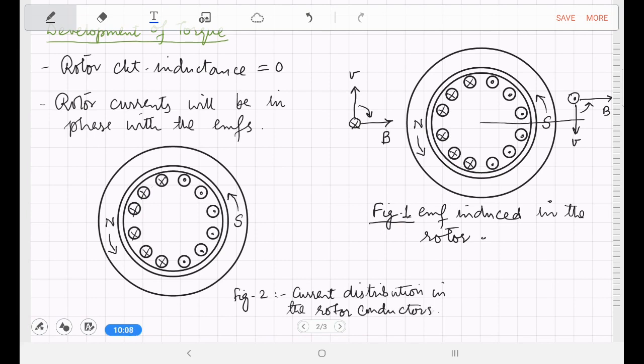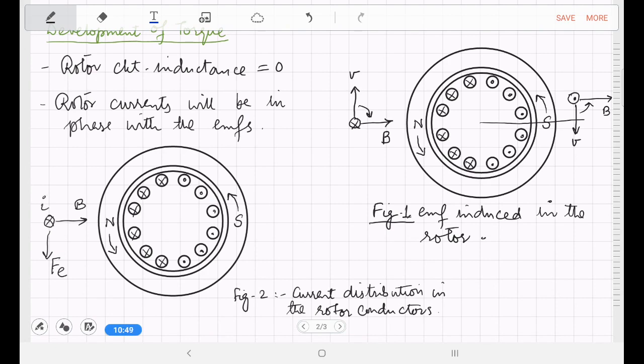Now we have current carrying conductors and we have a magnetic field. Therefore, each conductor will experience a force, and we can determine the direction of the force by using the I cross B rule. If we have a look at a conductor under the influence of the North Pole here, the current is directed inwards, B is directed towards right. Therefore, using the I cross B rule, we can see that the force developed will be downwards